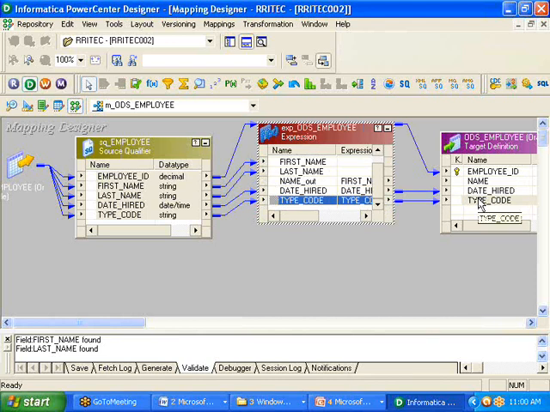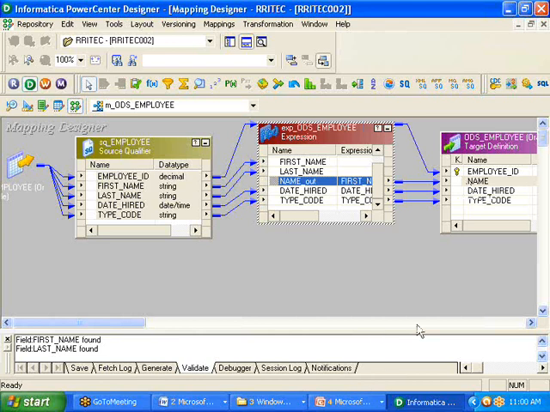Next is name out to name. Name out to name. Sorry, we have to hold the mouse only. Yeah, correct. Name out to name. Now we did all the things, right?